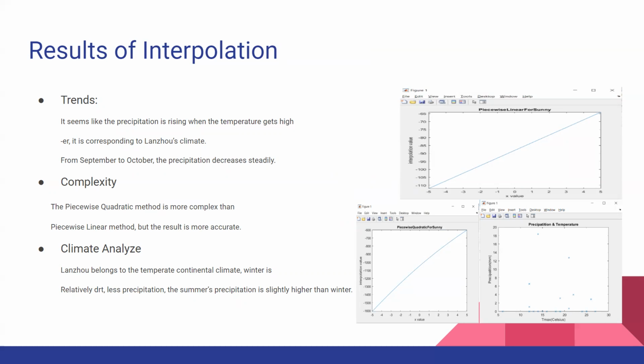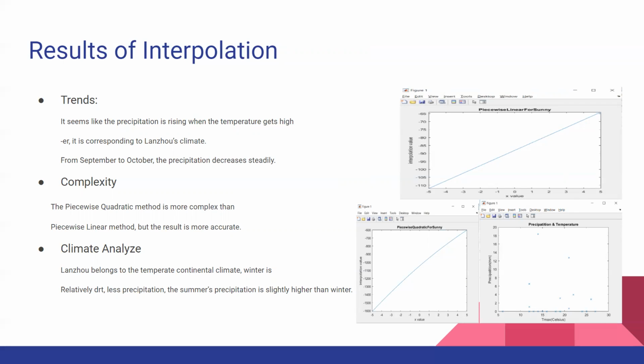It corresponds to the local climate from September to October. The precipitation decreases steadily, and from this chart we can see that during these 8 days, from the 12th to the 20th, the precipitation is high,